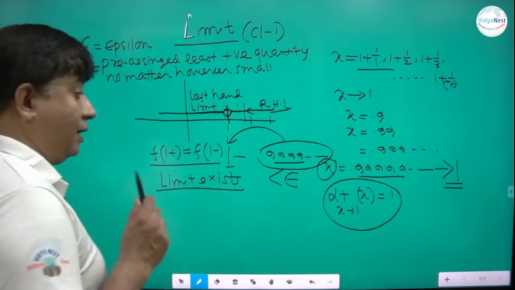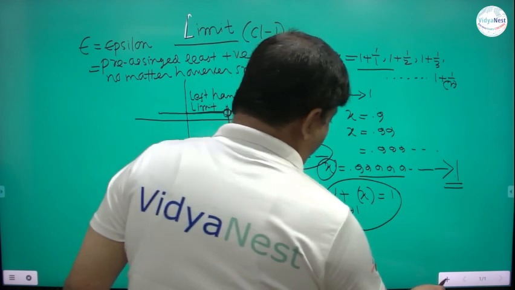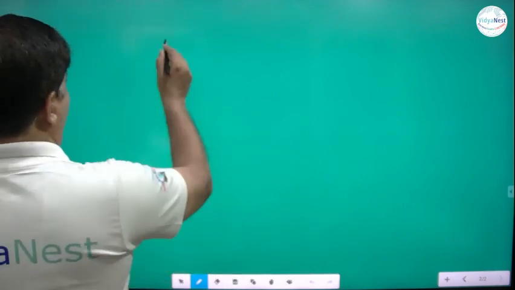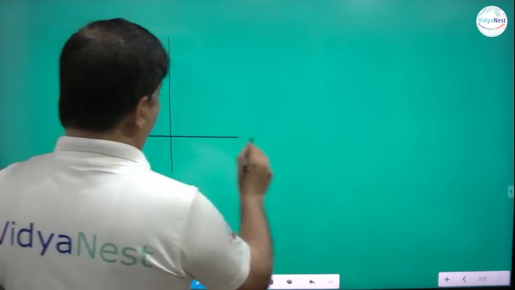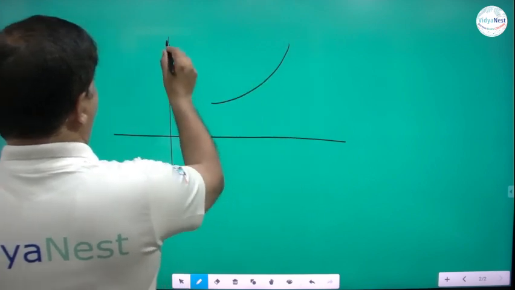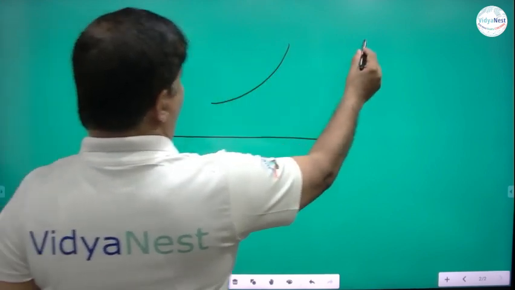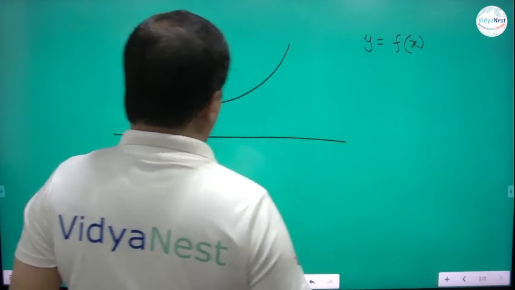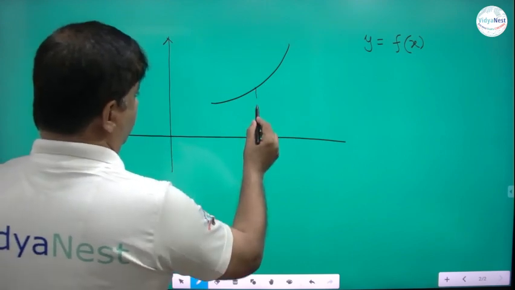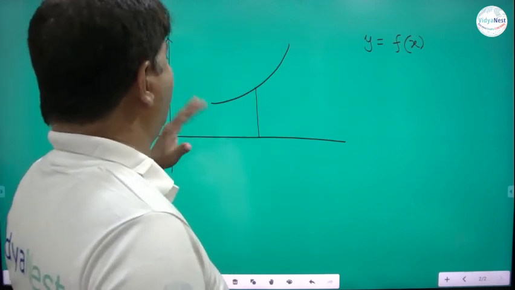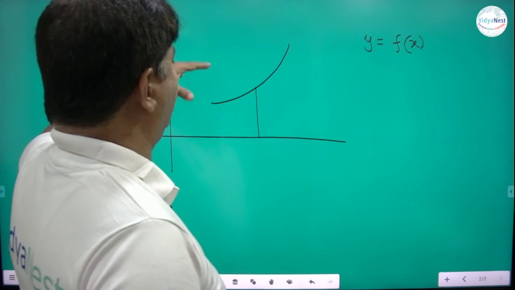Okay. Now we will frame the definition of the limit from that concept. See, suppose there is a curve y is equal to f(x), and what curve it indicates? Any curve, obviously. I am telling you that, see, this curve I am referring,